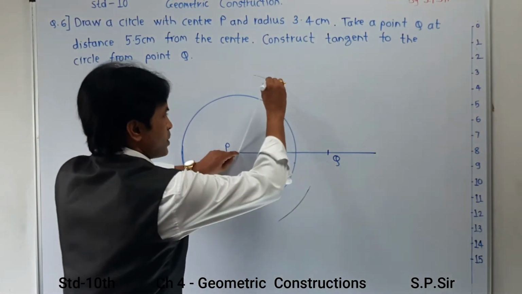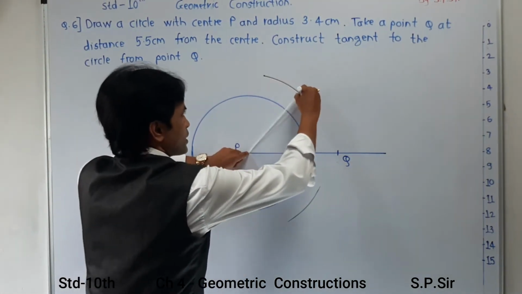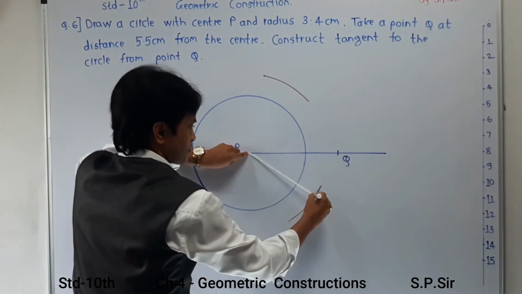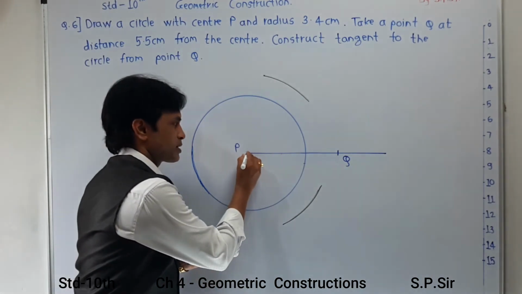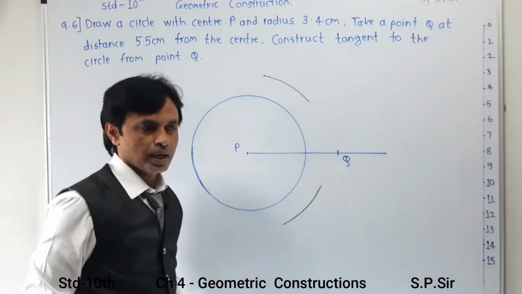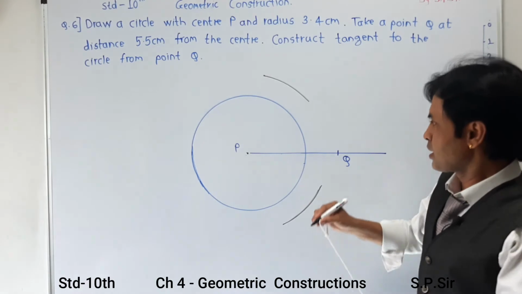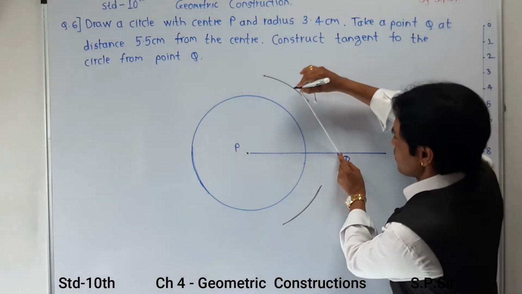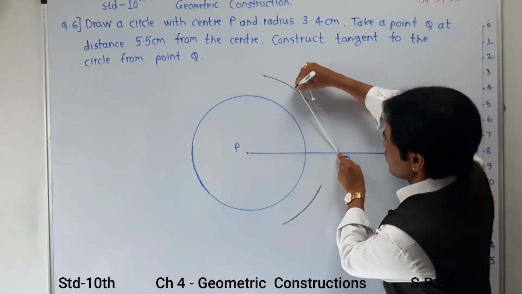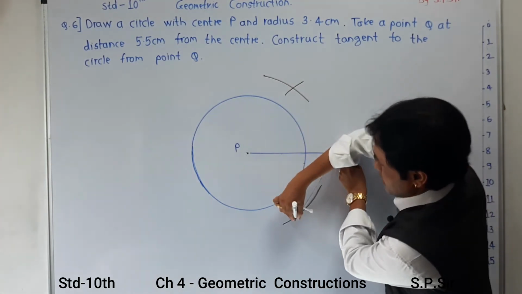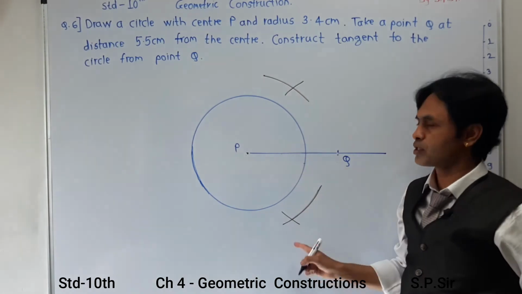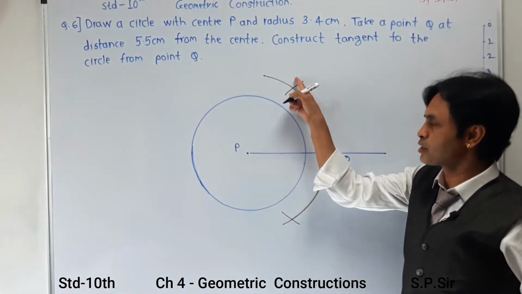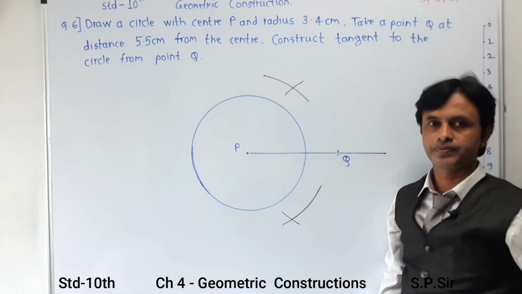Now you have to make 2 marks. One is from P, which is over here, and you have to make the same mark from point Q. Now keeping the same distance in your rounder, or you can say compass, you are going to make the first mark upstairs and the second mark downstairs, and in this way you have made 2 marks over here, and now your target is to draw a line over here.